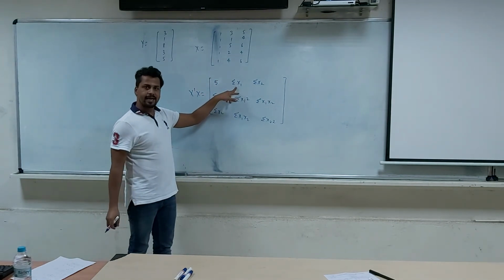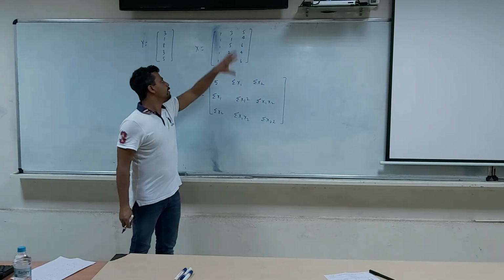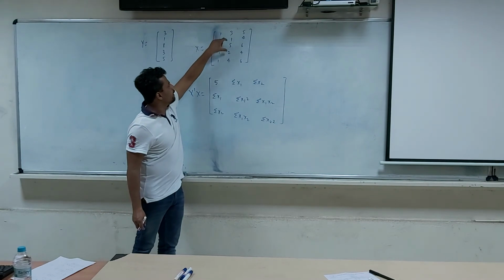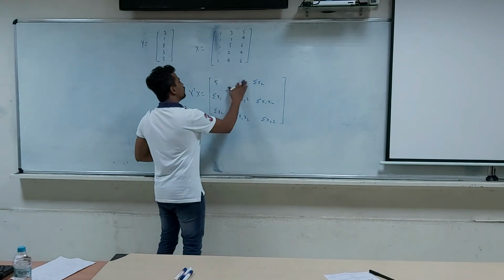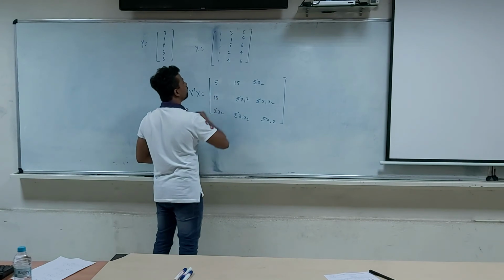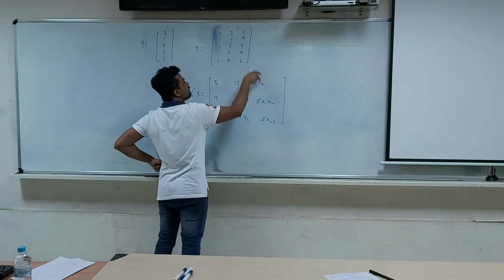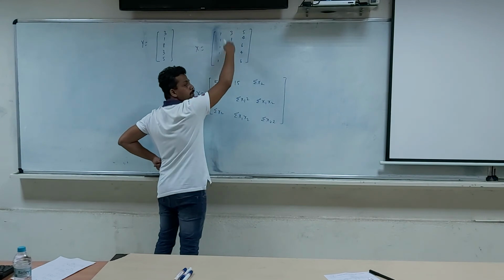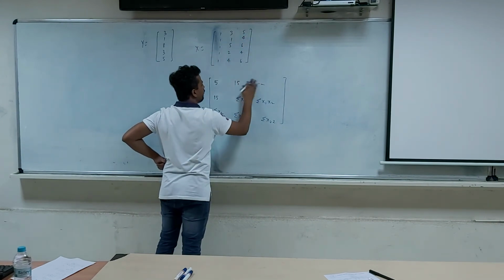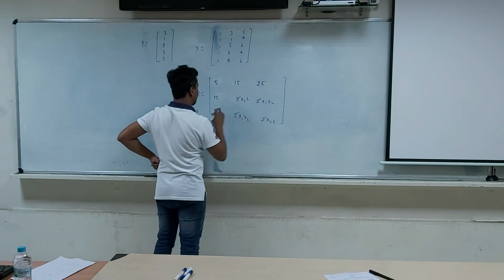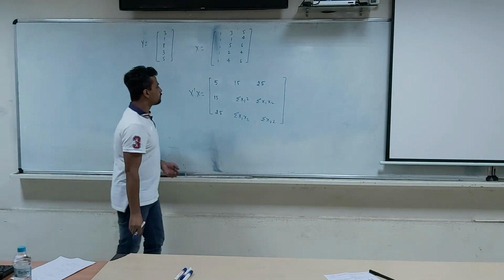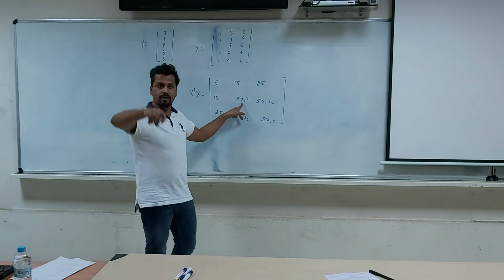Second is what? Summation x1, that is the sum of all the values of the first explanatory variable. So I have 3 plus 1 is 4, plus 5 is 9, plus 2 is 11, plus 4 is 15. So I write it as 15, and mind you, since it is symmetric, this will also be 15. Then 5 plus summation x2, which is the sum of all the values of the second explanatory variable. So 5 plus 4 is 9, plus 6 is 15, plus 4 is 19, plus 6 is 25. Okay?